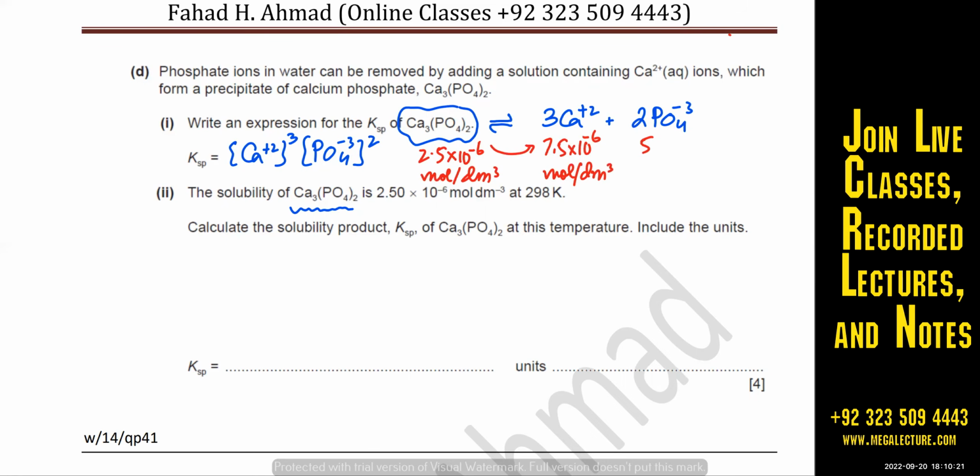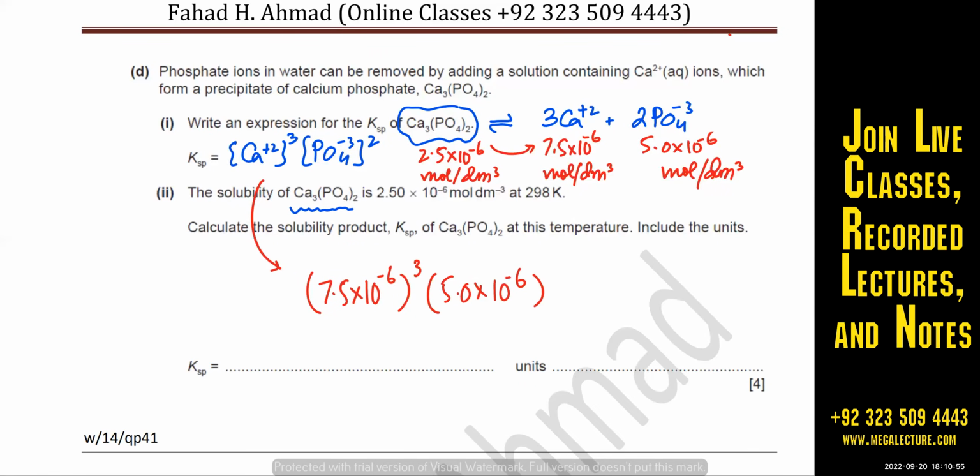That's going to be 5 times 10 to the power minus 6 mole per dm cube. And you put them in the KSP expression. If I substitute, it's going to give me calcium ions, 7.5 times 10 power minus 6, cubed, and the other one is phosphate, 5 times 10 power minus 6,